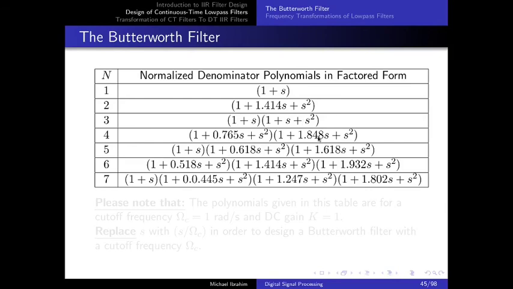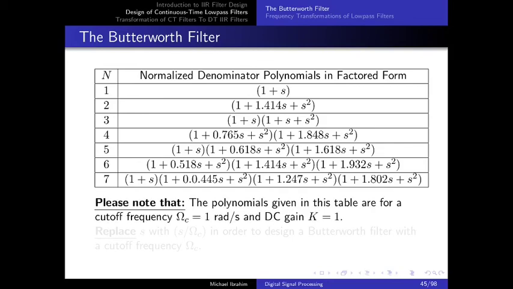A prototype Butterworth filter is basically a Butterworth filter whose cutoff frequency is 1 radian per second and whose DC gain is 1. So the polynomials given in this table are for cutoff frequency 1 radian per second and DC gain of 1. In case you want to design a Butterworth filter of a different cutoff frequency,